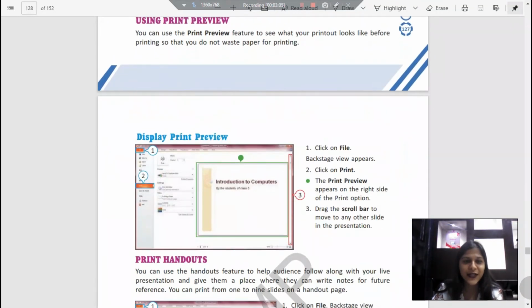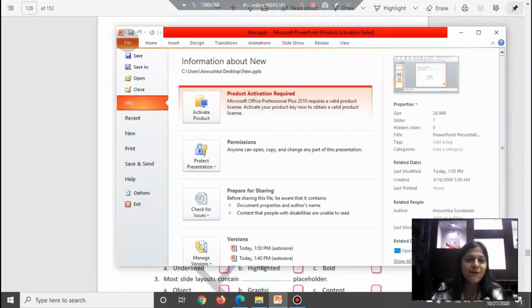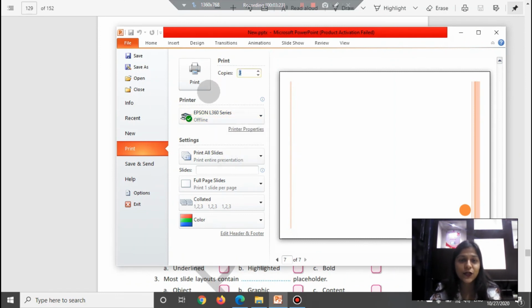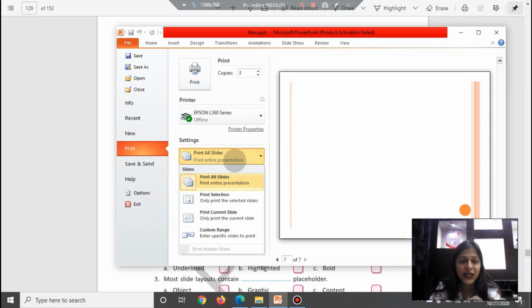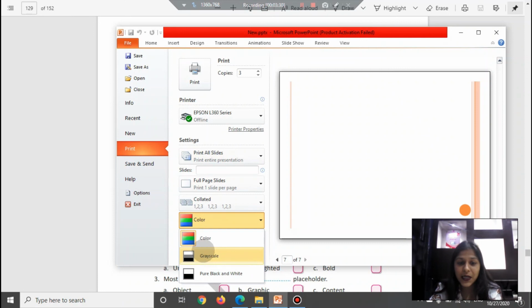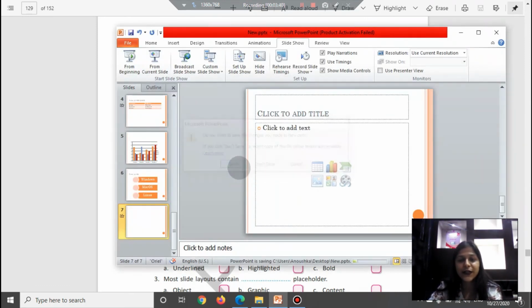Now to save and print, you just go to the file tab and you'll find the options to do that. In the file tab, I can click save or save as, just like I would save any of my other documents. And if I click print, I'll be provided the option to choose how many copies I want to print, whether I want to print the entire slide deck, which printer I have, and whether I want a colored presentation, black and white, or grayscale. So these are the options that you can play with depending on your requirement, and that's how you do it.